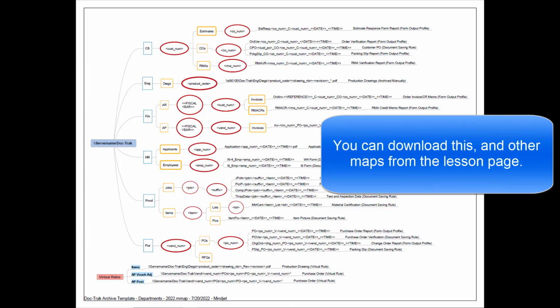You can download this map, as well as several other map templates from this video's lesson page. Now remember, there's no one right way to do this. The map templates are provided only as suggestions to get you started. The important thing to keep in mind is that you want to be both logical and consistent with the smart path and file names that you use. And your own archive map will help you achieve that.